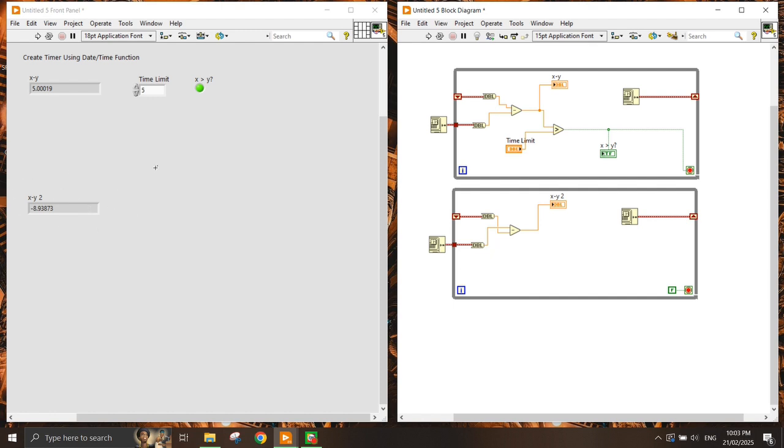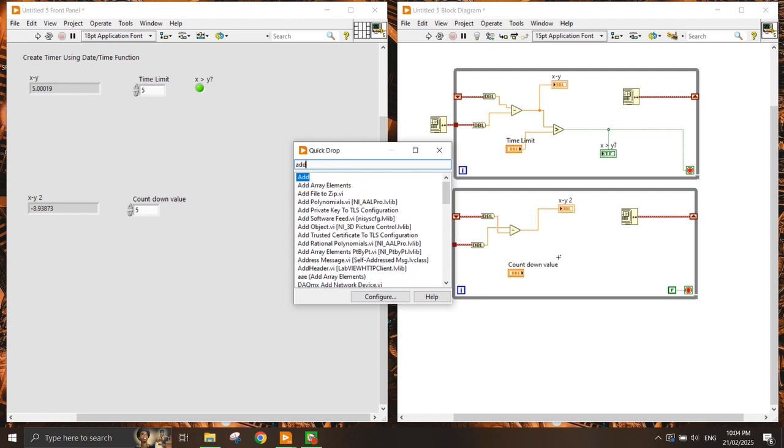If I have any value that is larger than this, it will eventually decrease until it hits probably 0 or negative. So let's put in here countdown value, and I want this to be 5 seconds as well, and I want this value to add. So we press add,